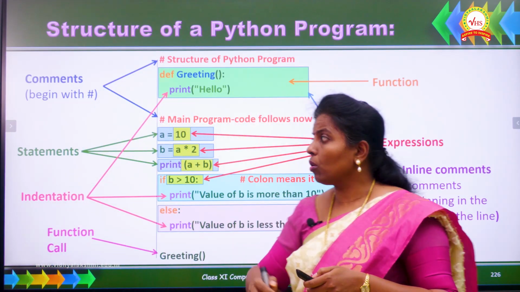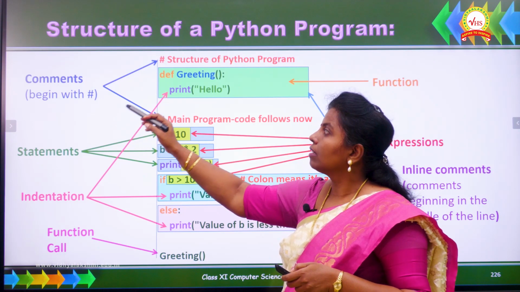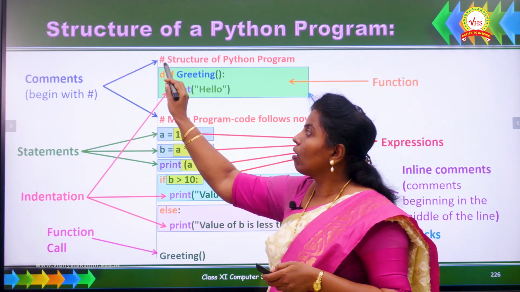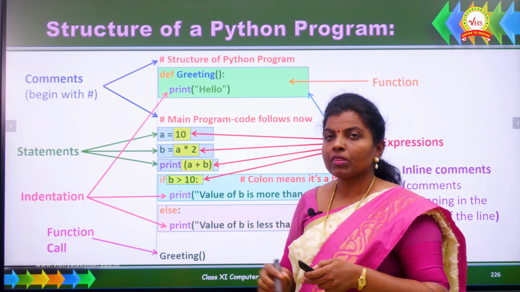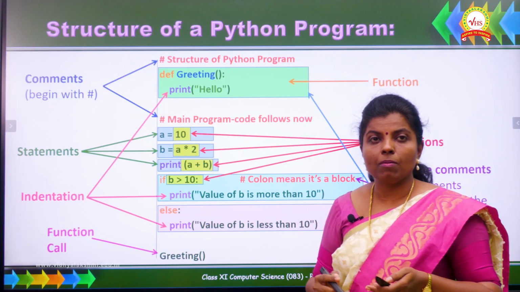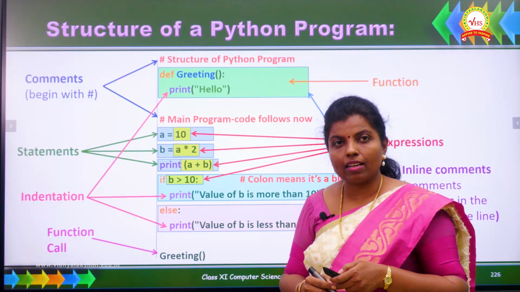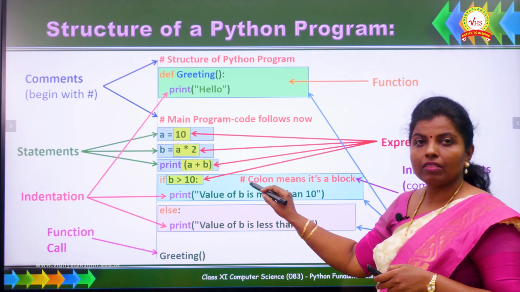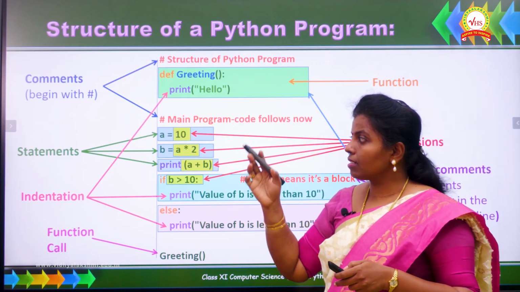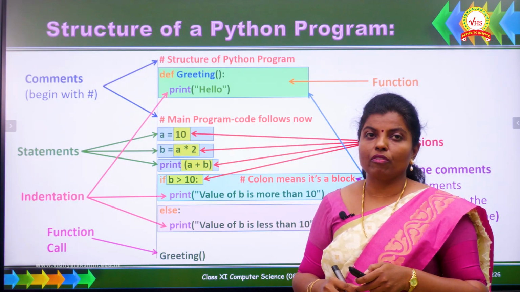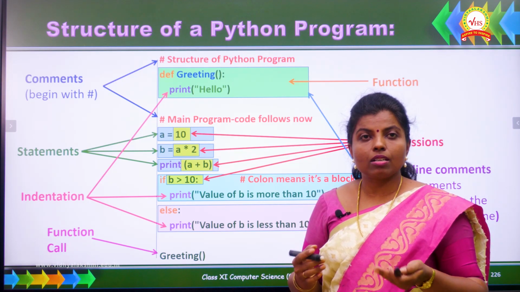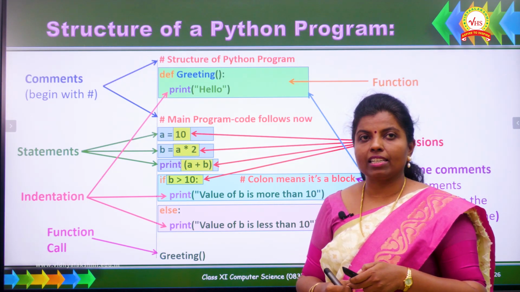So we have learned about comments. Comments are the additional readable information given to the programmer. They always begin with the hash symbol. If a comment starts from the top level statement, that is from the margin, they are referred to as single line comments. If they begin from the middle of a line, they are referred to as inline comments. Other than the single line as well as inline comments, we also have multi-line comments. They are triple quoted strings. The triple quoted strings are referred to as multi-line comments.